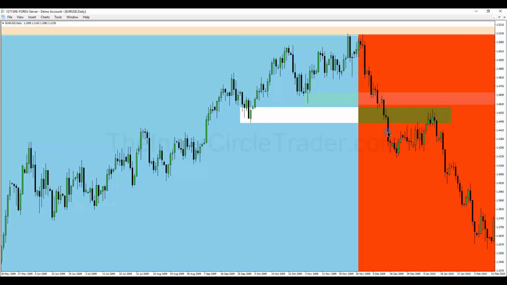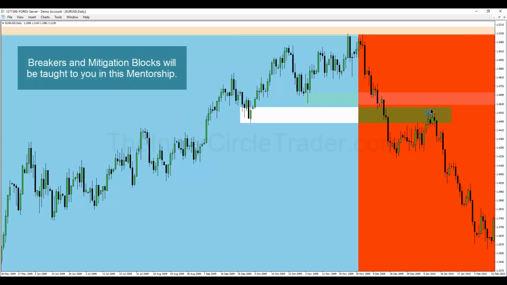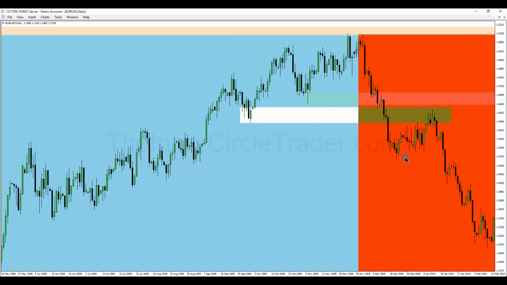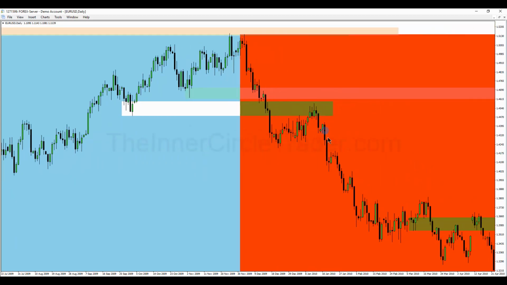When the market creates a return back into a monthly order block here, it becomes a mitigation block on the daily chart, because now we're unwinding what used to be bought here, which is a breaker. What is it breaking? This old high. That's why we're seeing it right here. You can clearly see it happening here on the daily chart, but it was seen on the monthly and on the weekly. All through here